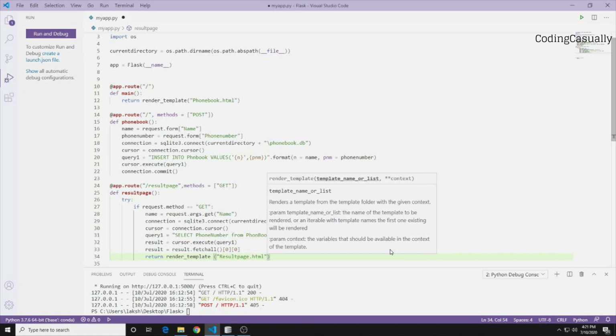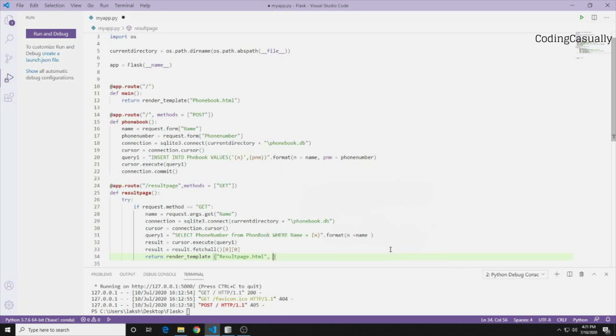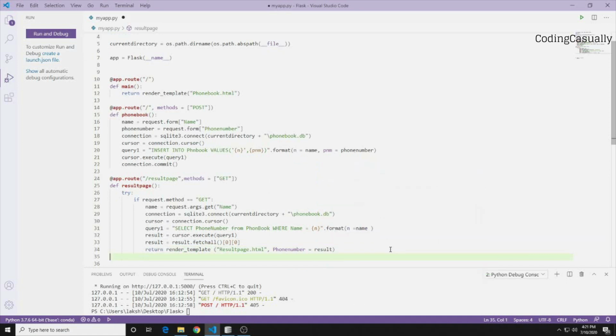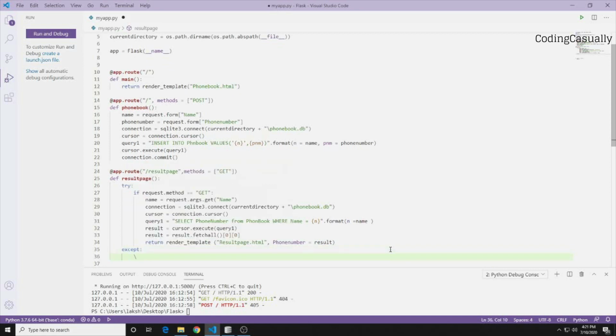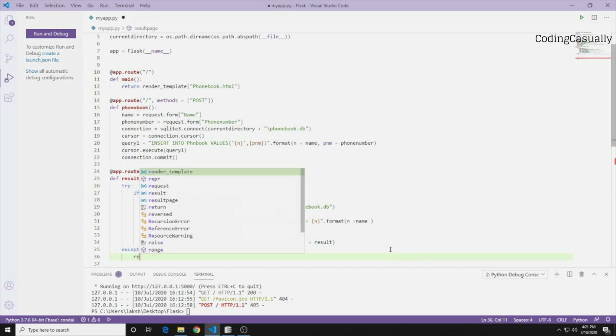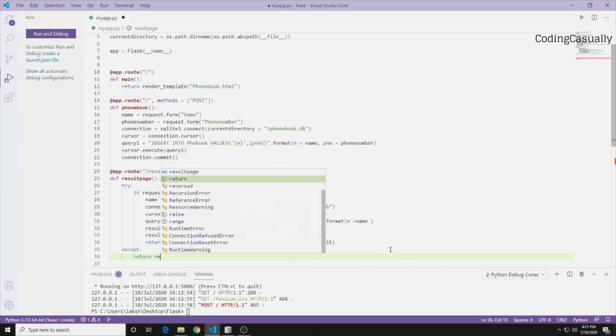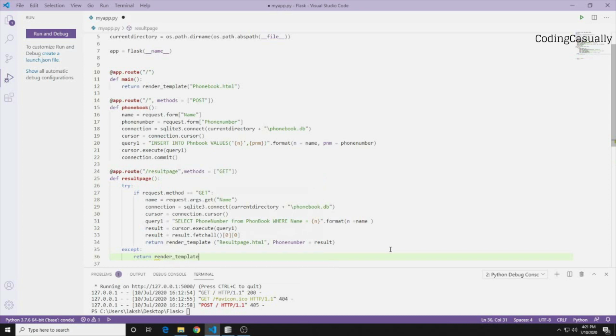But we need to display the phone number as well, so we'll write phone number equals to result, and then when you are done with this, write except, because we are expecting the error to come first. So we write return again render template, and this is something that we'll copy from here, and then we'll open up a bracket, close the bracket, and in phone number we'll write nothing,